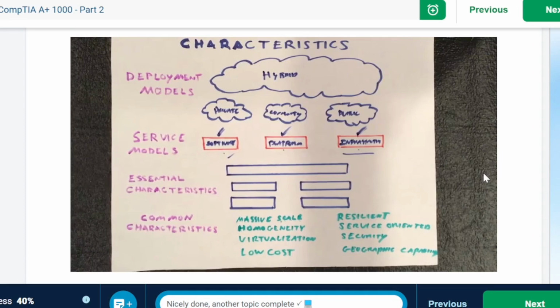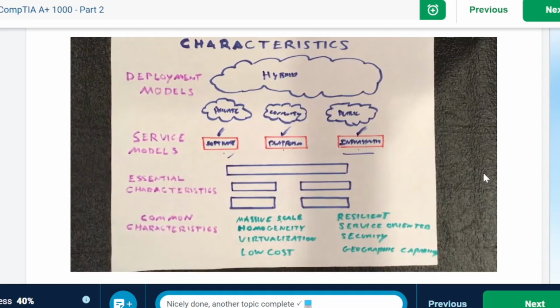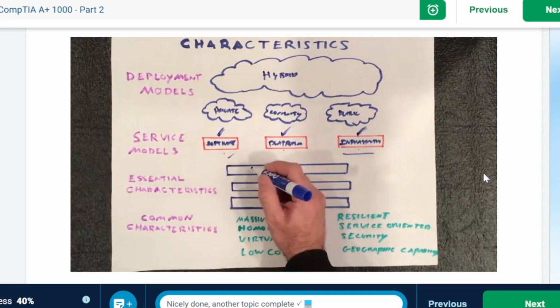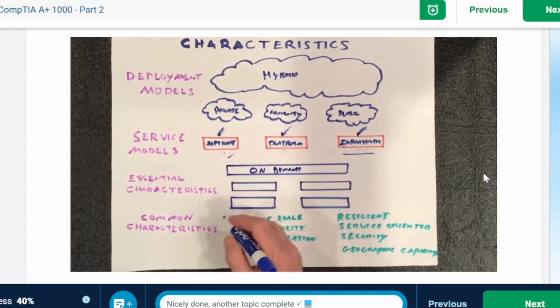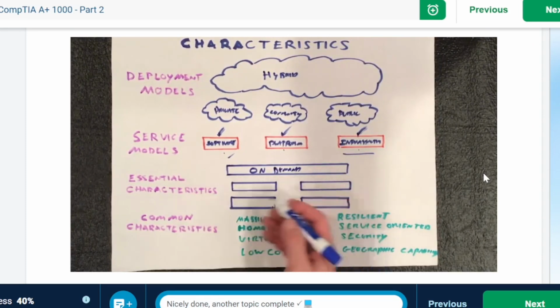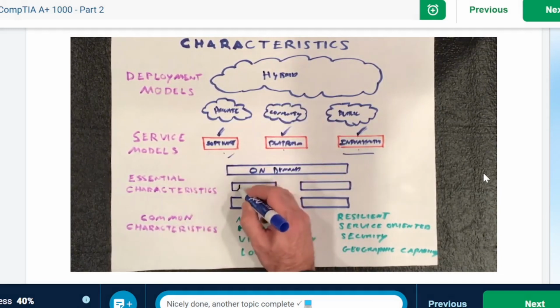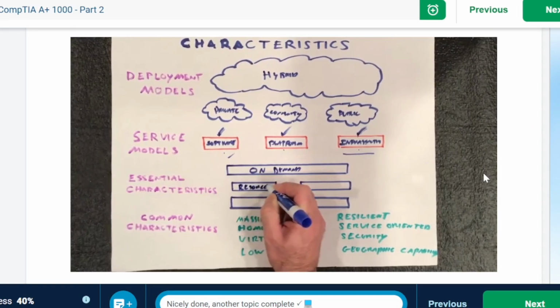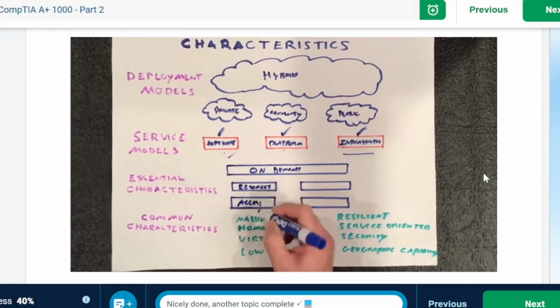So under that, once you know what type of service you need for your company, there are specific essential characteristics. And the essential characteristics are basically things that you would expect every cloud or every service type of company to offer. And these are basically on-demand services. So you've got your on-demand services. Then you've got what you would expect or the availability to have between all of your cloud services, some kind of resource pooling. So you've got your resources. Then you've got your network access. So access is key. And how you get to that.